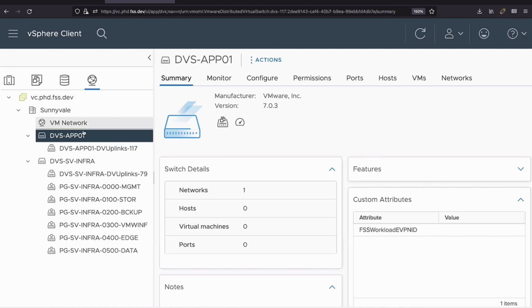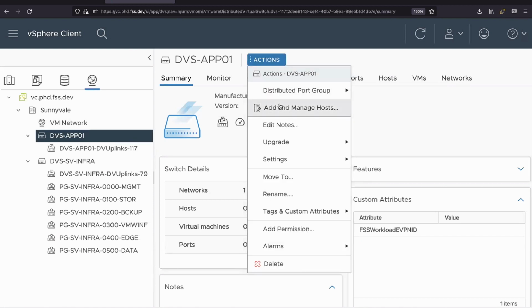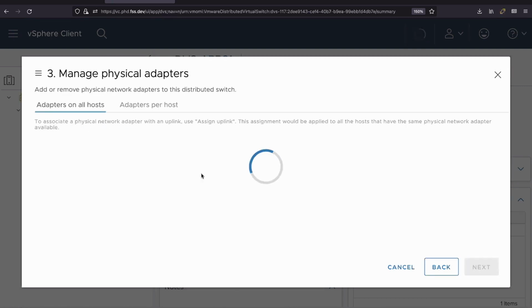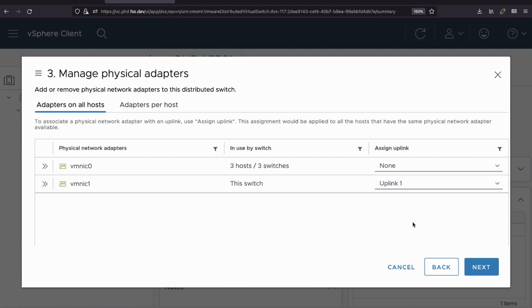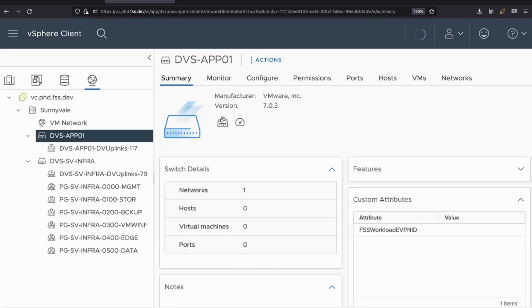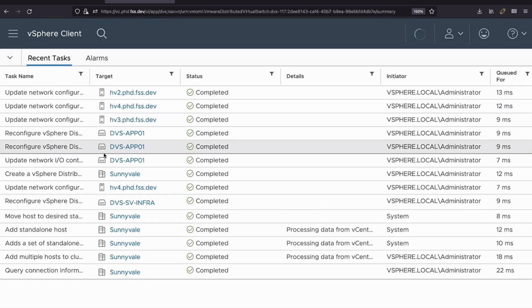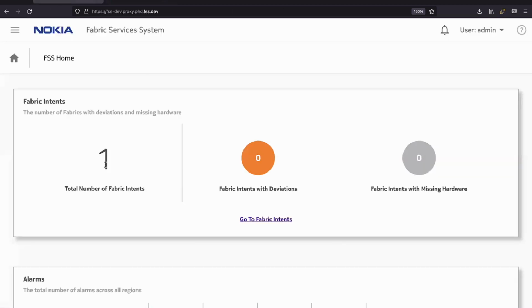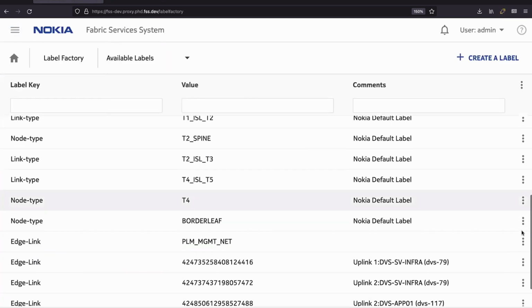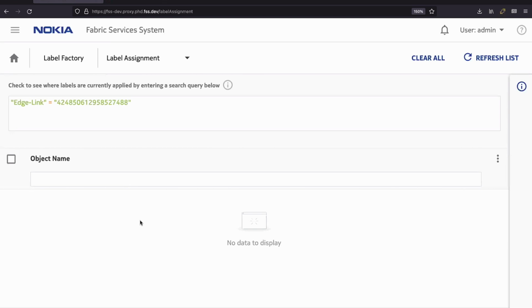So let's now add a few hypervisors to this. Let's just do all three of them. And let's use the second interface for this. And hopefully all of that should be configured quickly according to vCenter. Let's see what my labels have done. Not yet. LLDP takes some time, I guess. It should come in time, and if not, then the demo gods have not been friendly to me.